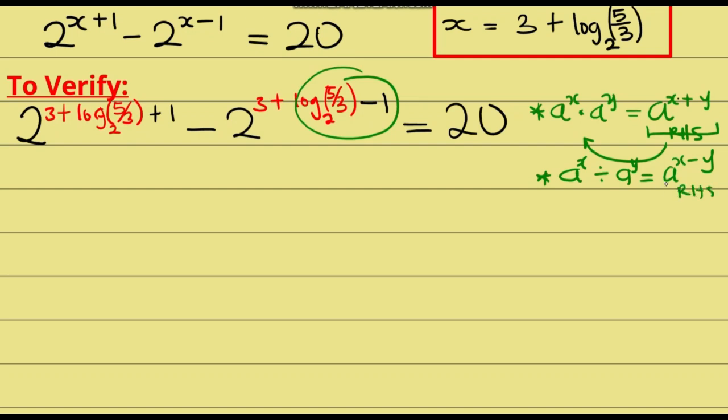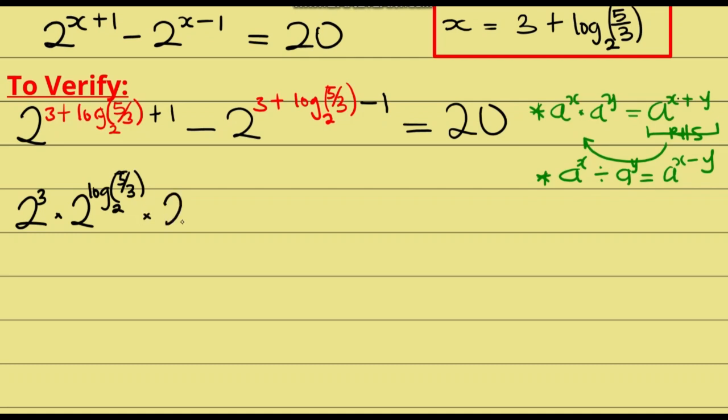We have the right hand side, so we're going to write the left hand side of that part. Therefore, this expression is now going to become 2 raised to the power of 3 times 2 raised to the power of log of 5 over 3 into base 2, then multiplied by another 2 raised to the power of 1, as it is, then minus this 2 now, 2 raised to the power of 3, then multiply because of this plus. If it is multiplication, we have plus, added the power together, so we have the same 2 log of 5 over 3